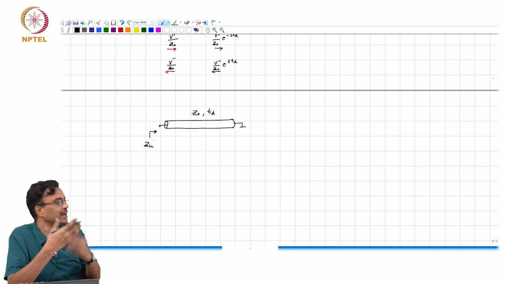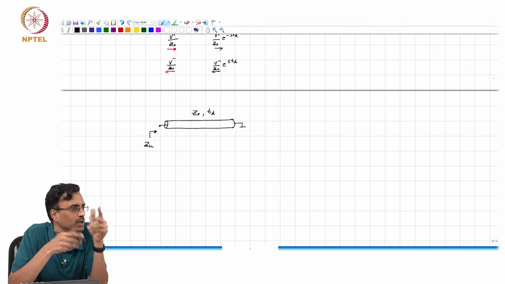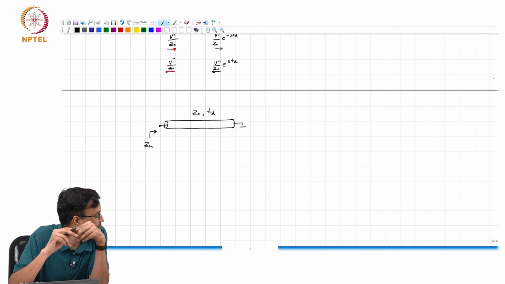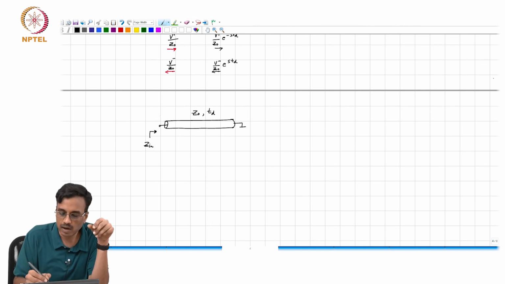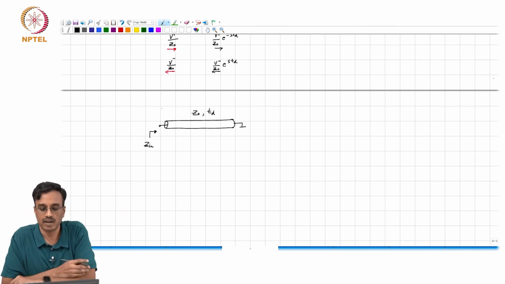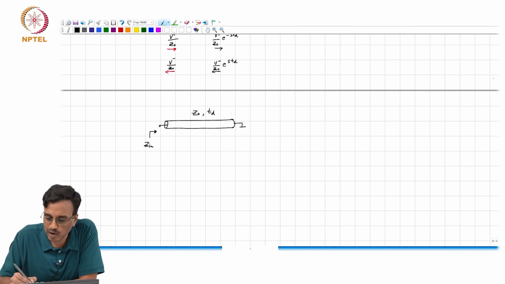If you want to find impedance, what do we normally do? You apply a voltage, measure the current, or vice versa. So, we need to figure out how the voltage at the left end is related to the current at the left end. So, what do we do? Well, we know for sure that